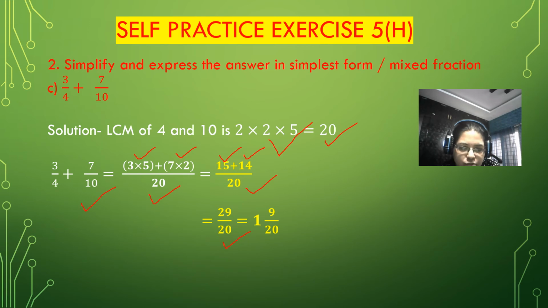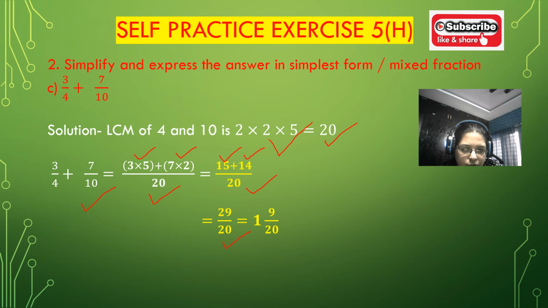We have to convert this fraction into a mixed fraction. Just divide the dividend 29 with the divisor 20. We know 29 equal to 20 multiplied with 1 plus 9, where 1 is the quotient and 20 is the divisor and 9 is the remainder. We know mixed fraction equals quotient, remainder divided by divisor. So we get 29 divided by 20 equal to quotient is 1, remainder is 9, divided by divisor is 20.